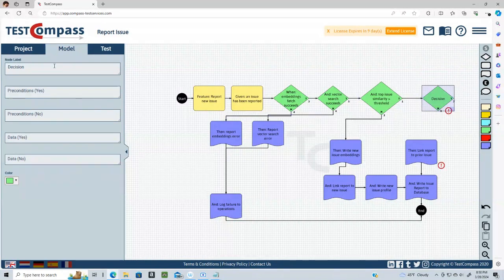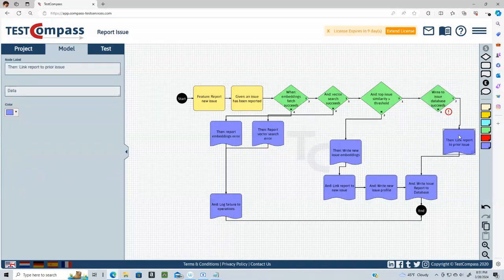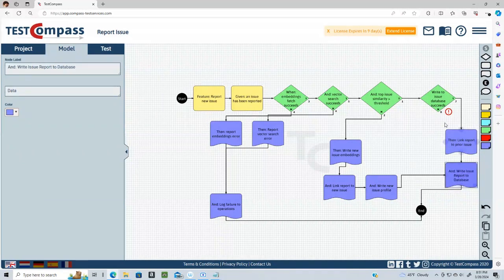We say write to issue database succeeds. Okay, and again, make that a little bigger. And for yes, we're good on the way out, right? Let's make some room there. And for no, we might just be able to get away with saying, yeah, let's just say we report